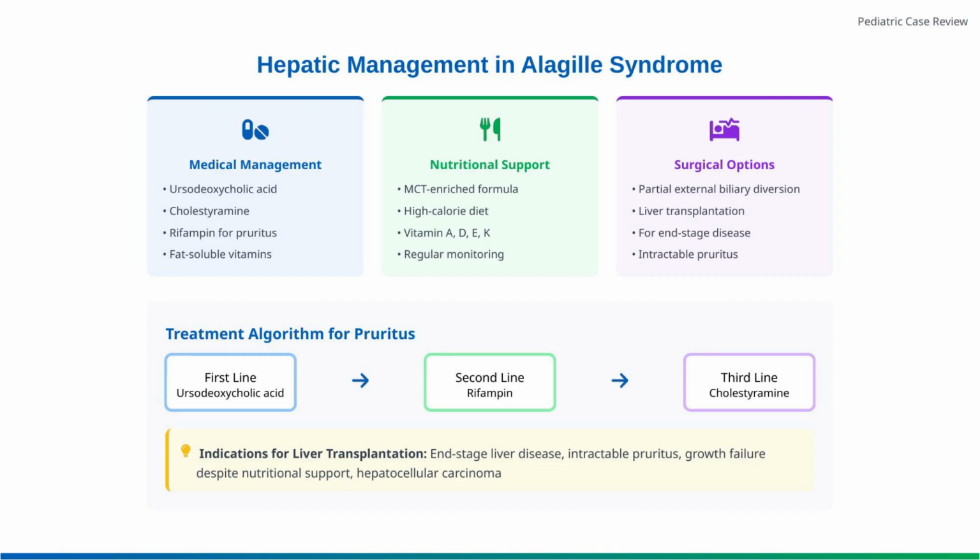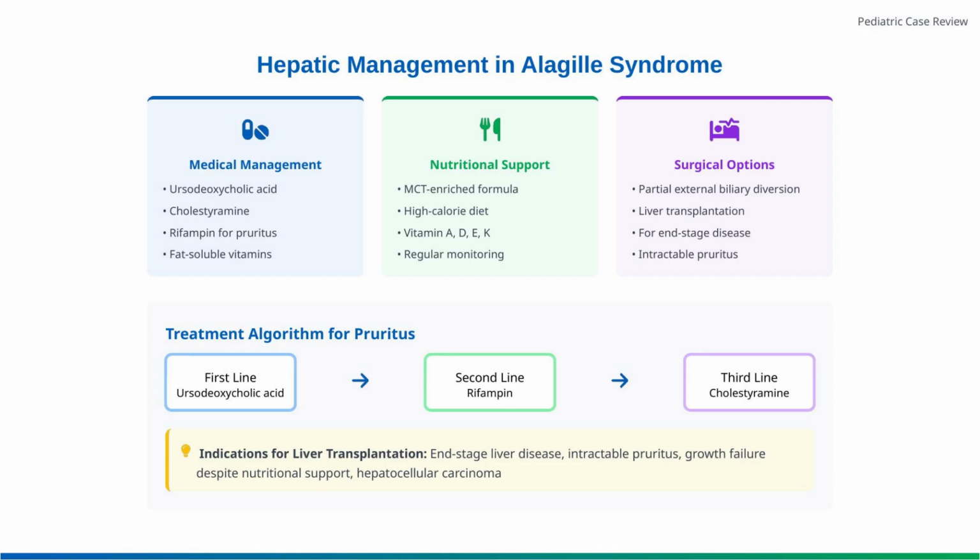Surgical options include partial external biliary diversion for refractory pruritus and liver transplantation for end-stage disease. A stepwise approach to pruritus management is recommended, with transplantation indicated for end-stage liver disease, intractable pruritus, growth failure despite